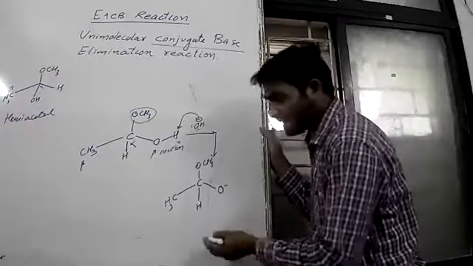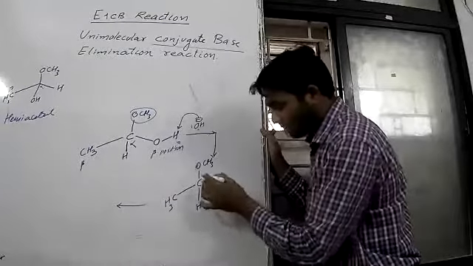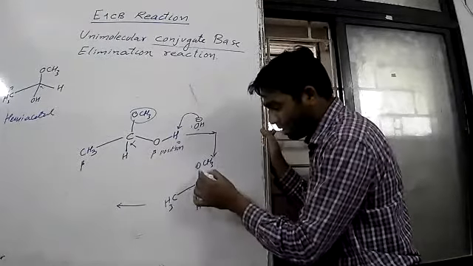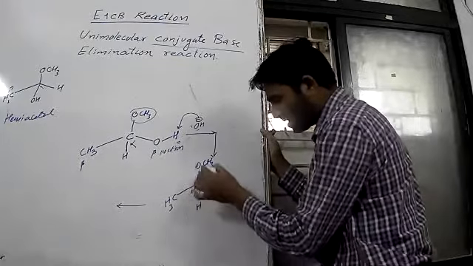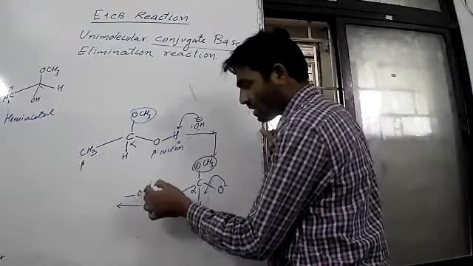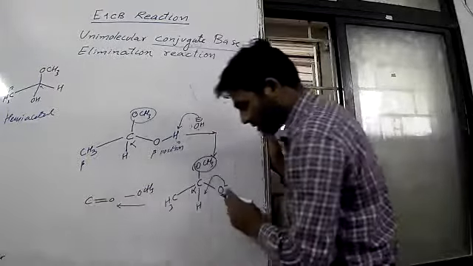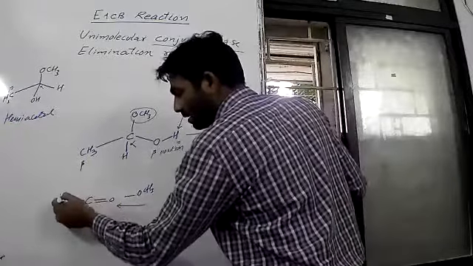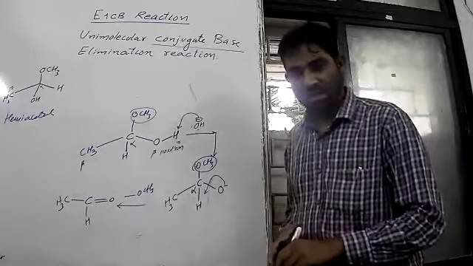Now what will happen? Second step, the slow step, first step. Second step is the leaving group. So in the alpha carbon product, this negative charge will shift like this, and this bond, alpha and beta. This alpha carbon and leaving group bond breakage takes place. So minus OCH3 we can write, and there is a formation of a double bond, but with oxygen. There is a hydrogen, and there is a methyl. This is an example of the E1cB reaction mechanism.